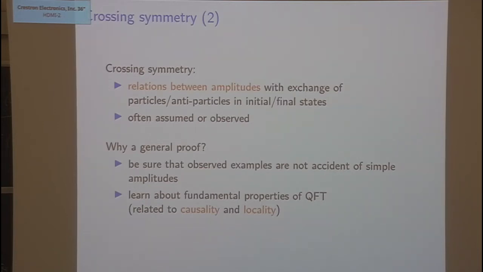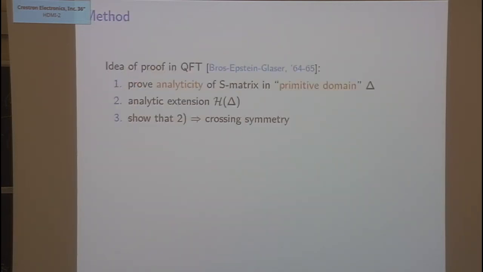So it's not obvious how you can define locality, and intuitively we know that locality cannot strictly hold in string theory because you deal with extended objects. So the question is how these two notions appear in string theory, and one way to attack the question is instead to prove crossing symmetry by some other means, and then you know that there is some relation with these two notions. So the question will be to make this clearer, which we don't have, but at least we know that in some sense string theory has some notion of causality and locality.